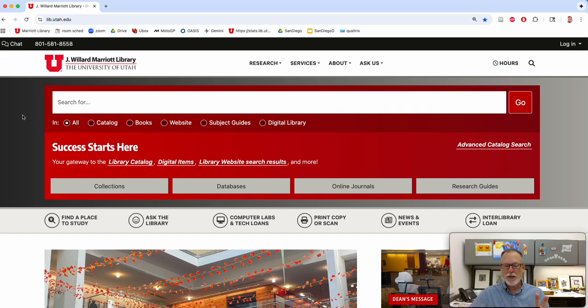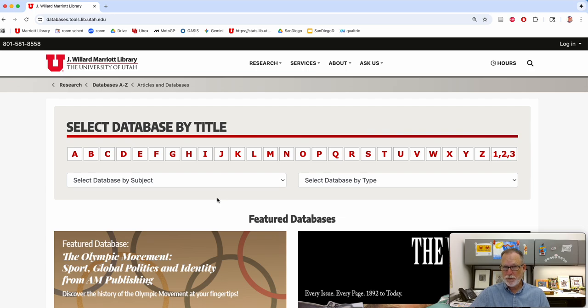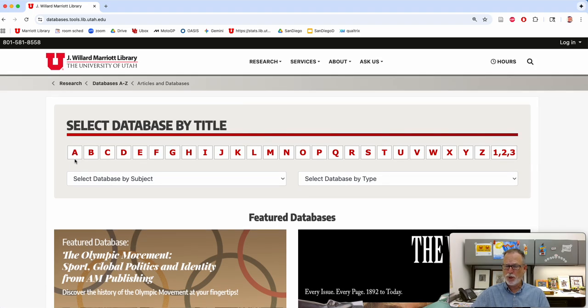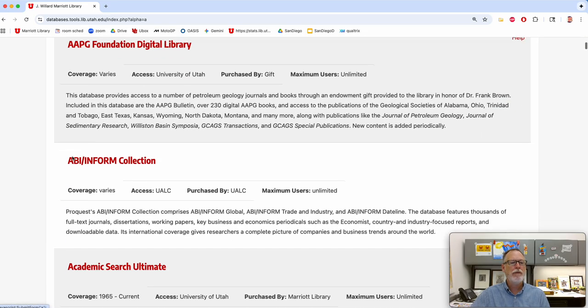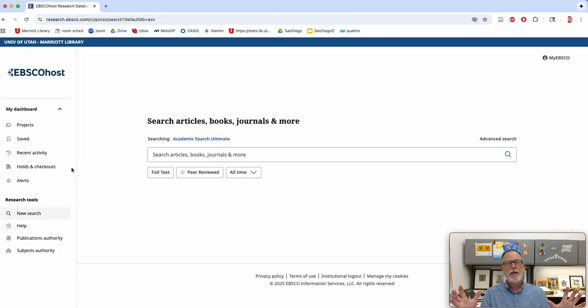Second thing that every academic library has is databases. If you go to databases, sometimes your professors will know a specific database. They'll say, go to Academic Search Ultimate or go to EBSCO. You would just go by the letter A, and then we're in Academic Search Ultimate. This is typically a collection of exclusively internet-based electronic things.